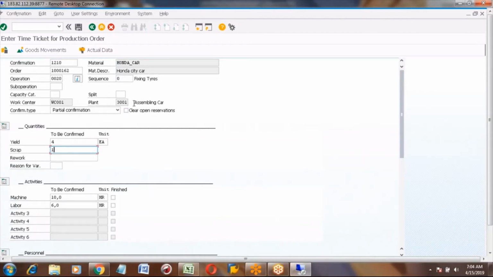After assembling and fixing the tire, you found that the car cannot be used. So you scrapped it. For example, these are the 4 cars, but not the tires. The car is not completely assembled. First only the engine is assembled. Now we are fixing the car.